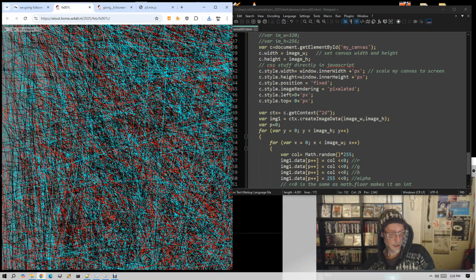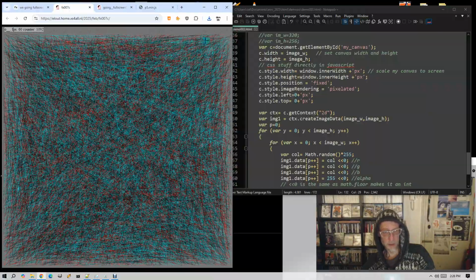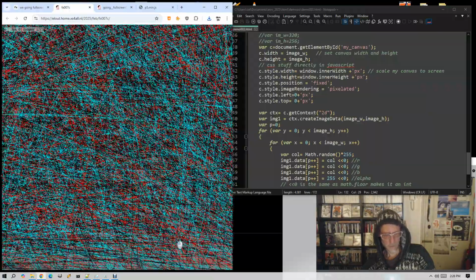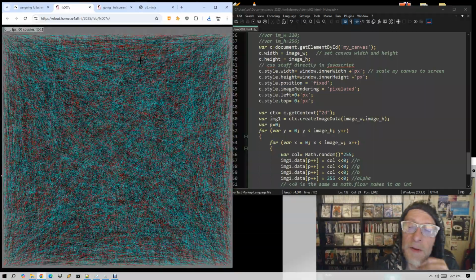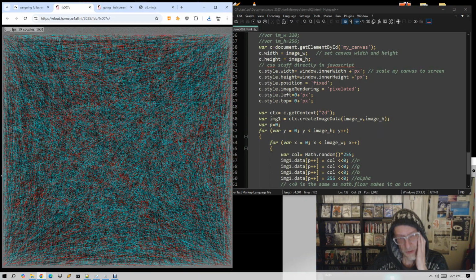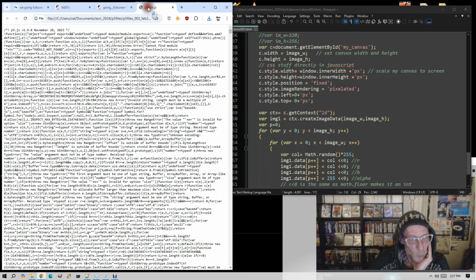Also proper scaling, you can zoom in if you click with the mouse, you can zoom in and out. And why did I also add more complicated image scaling routines? Well,